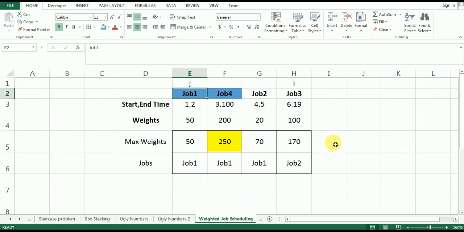Hence, job 1 and job 4 are the values which are forming the maximum weight. And these two jobs form the subset of jobs in which no two jobs overlap with each other and they form the maximum weight. So this was the solution to finding the jobs which form the maximum weights.